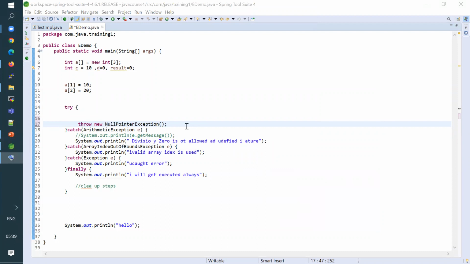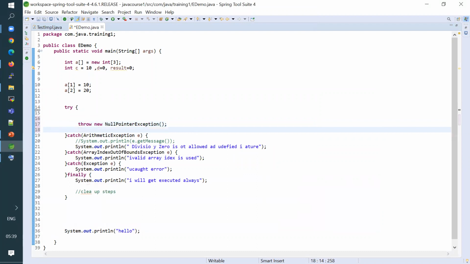That means I can check a certain condition, and if I see that the condition is met, I can throw an exception like this. So in this particular hierarchy,